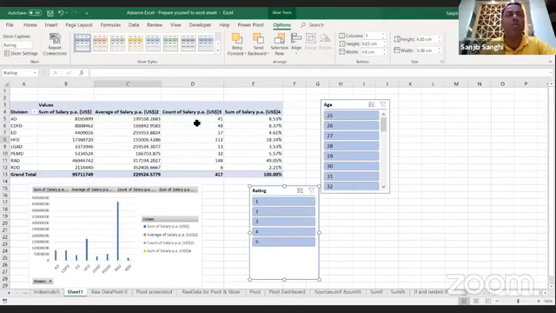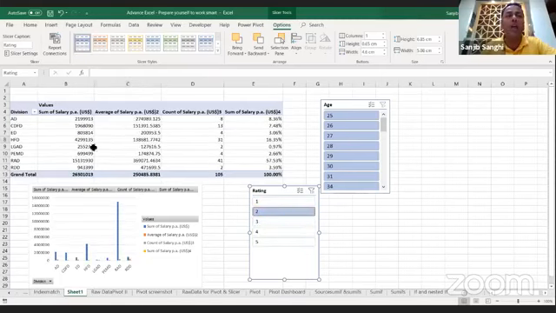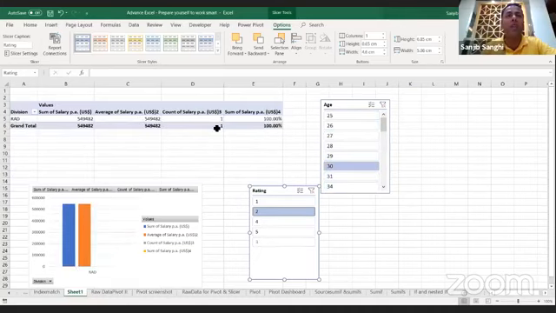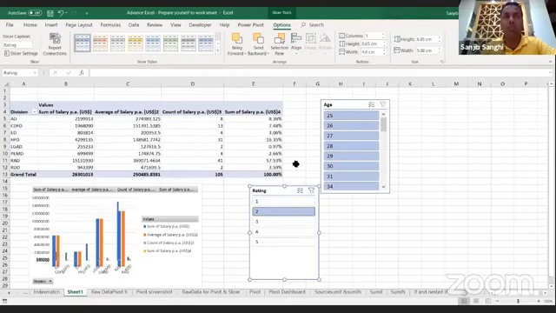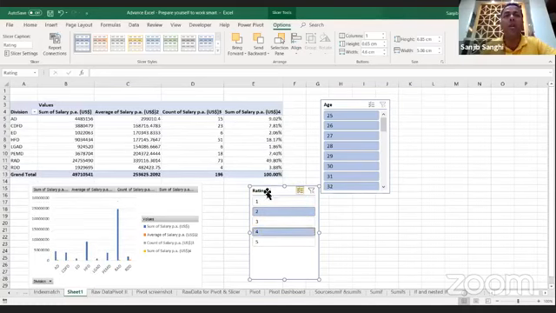Let's say I want to know this entire thing for rating 2 only. See, the graph and the data change automatically. And if I want to know only for the age of 30 years, I get one person with the rating 2 and the graph. So this is how you can have a dynamic dashboard. I can have multiple selections. I want 2 and 4 only, rating 2 and 4. So in all the changes which I make, I can update my pivot.